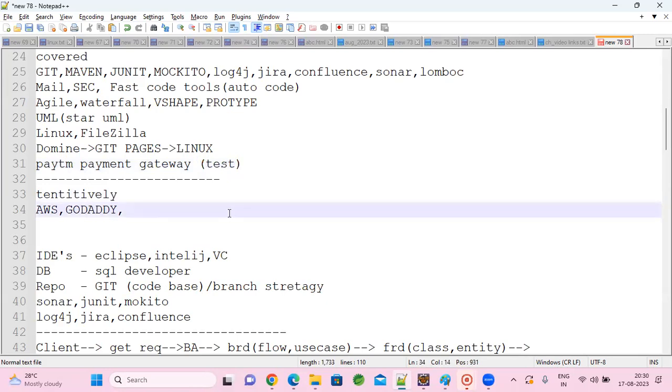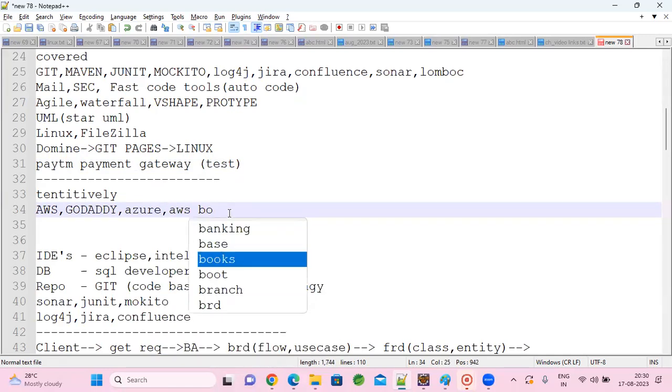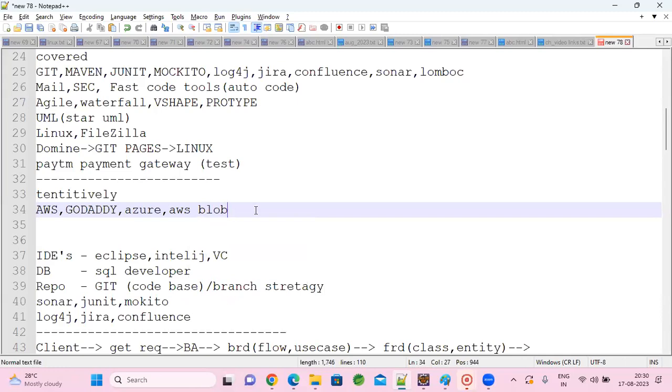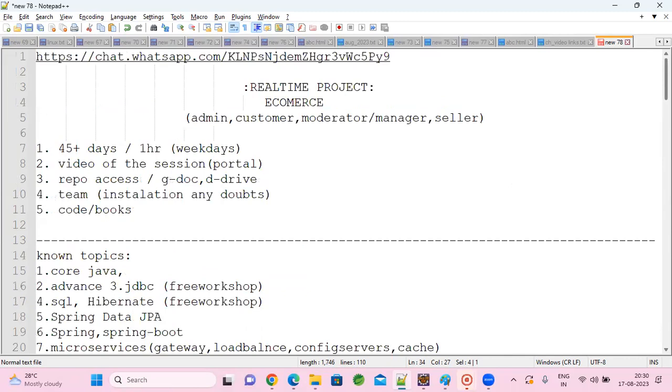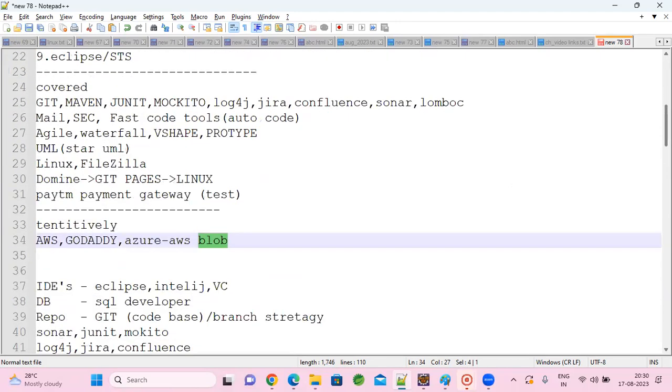And here I may cover, tentatively, Azure or any other AWS blob storage also we will discuss. Maybe if I get a free source from Azure or AWS, we will use those blob storages also to keep our application graphics, images, product information we need to manage, right? So that product information related videos or files, we can store it into the blob so that they will provide CDNs for quick access. Instead of storing it in our physical memory, we can use blob storages for it.